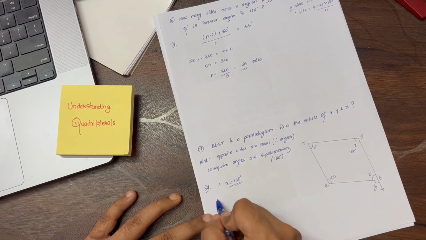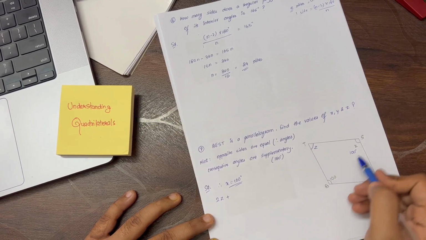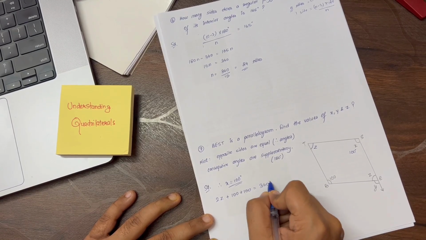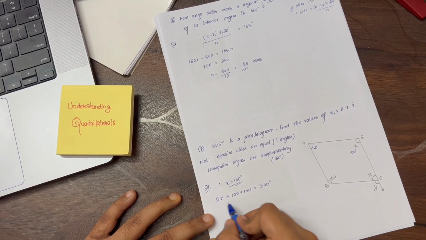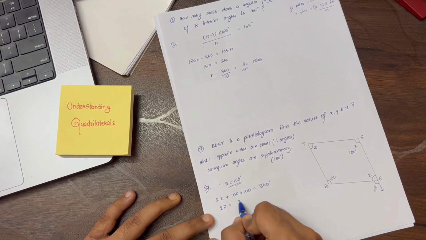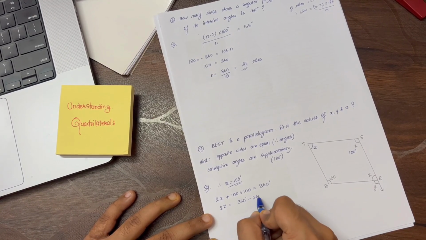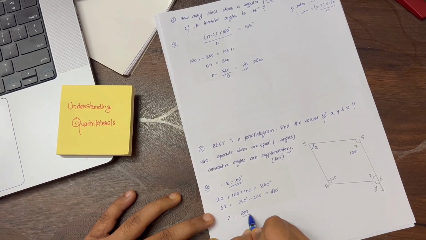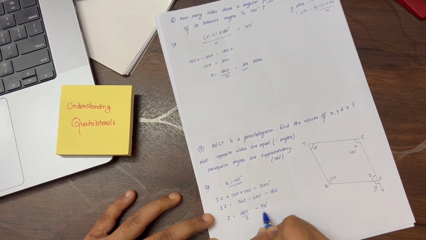So we got 2z plus 100 and 100, and this will all be equal to 360, the sum of all the interior angles. So we got 2z equals 360 minus 200, which is